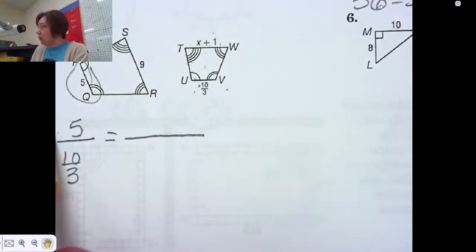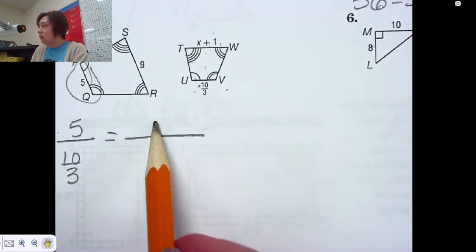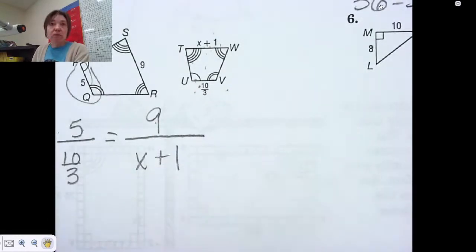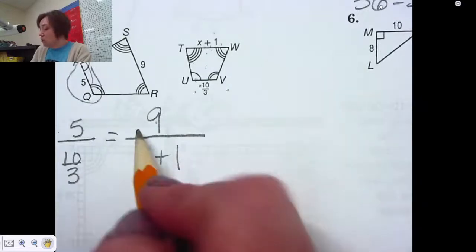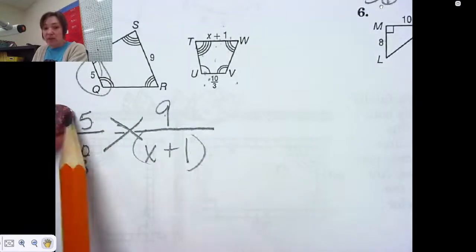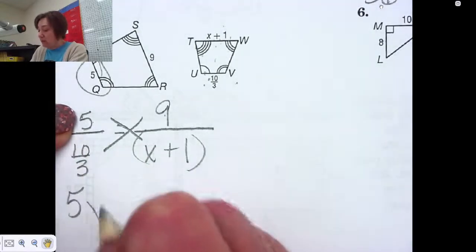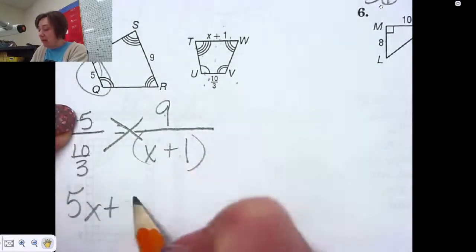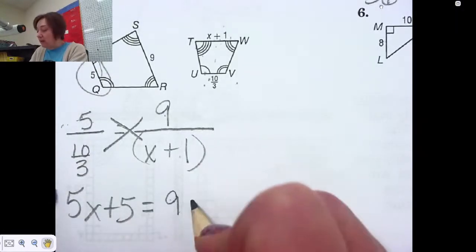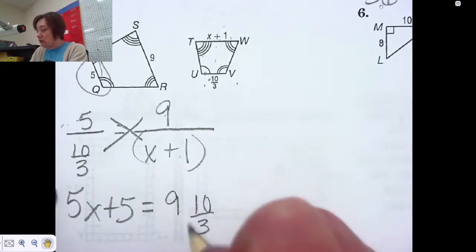Because 5's on top over here, what has to be on top over here? 9. Okay? And X plus 1 is going to be on bottom. Now, all we have to do is cross multiply. So we're going to multiply 5 times all this. So that's going to be 5 times X is 5X. 5 times 1 is 5, right? And then I'm going to write down 9 times 10 over 3 because I want to talk about this one,